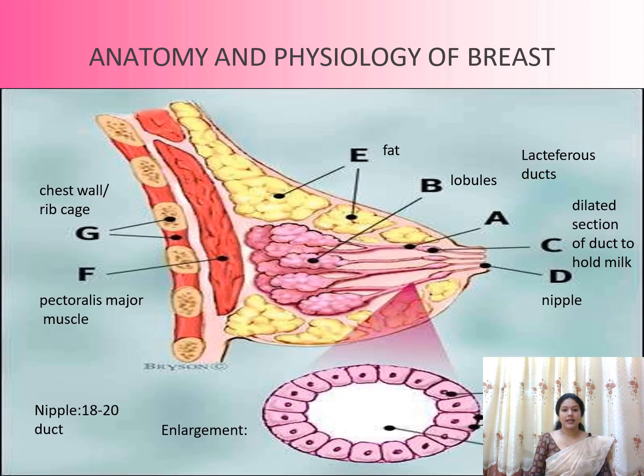So first, let us see the anatomy and physiology of the breast. If you are looking at the picture, you can see the pectoralis major muscles here, and the chest wall and ribs here. The outside natural skin is covering, and inside that is fat deposition. These yellow things are fat deposition, and again inside that, lactiferous ducts are there, which are secreting the